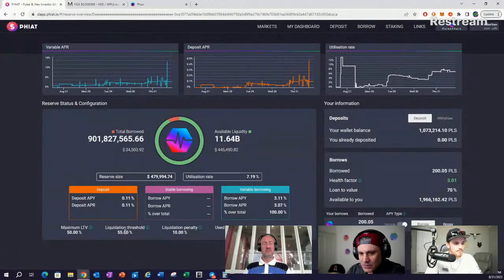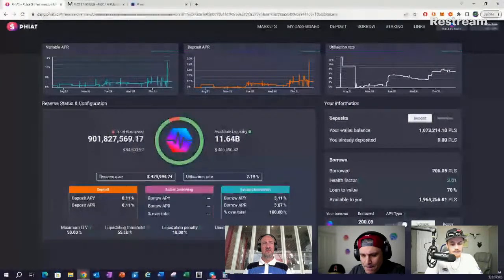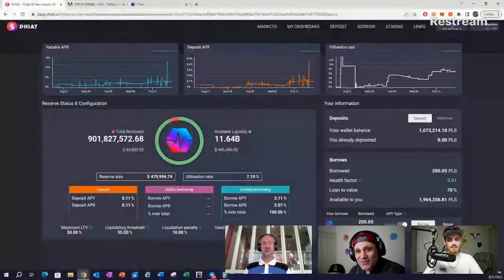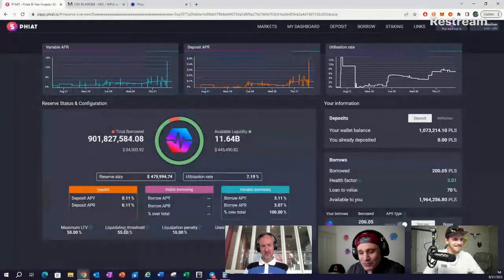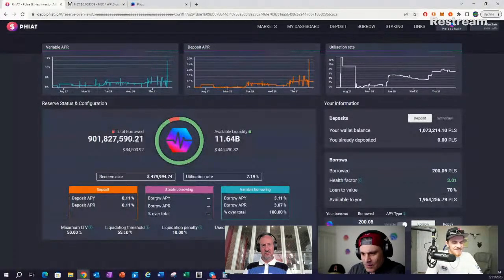I'm not a tax advisor, but I think that's the general idea. This is not tax advice, but I know for a fact that in some jurisdictions this is what is done. You would have to do your own research and speak to your tax accountant and work it out for yourself. So that is something you can do with this: borrow against these funds to avoid any sort of taxes in your jurisdiction, if that applies to you.